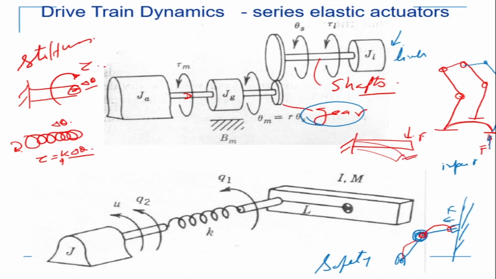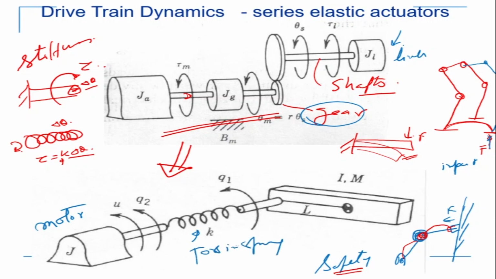I can also put a torsion spring at the joint, and that is a joint stiffness which I'm introducing there. Now for robot safety, very often this is done. Intentionally stiffness is introduced such that the joint can absorb some amount of shock. So what does it look like? From here, this is the ideal case. I come here, and what we are seeing is that here we do have a motor. So this is my motor side, but the motor shaft is connected to a torsion spring. Okay, so there's a torsion spring and then it is connected to the link.